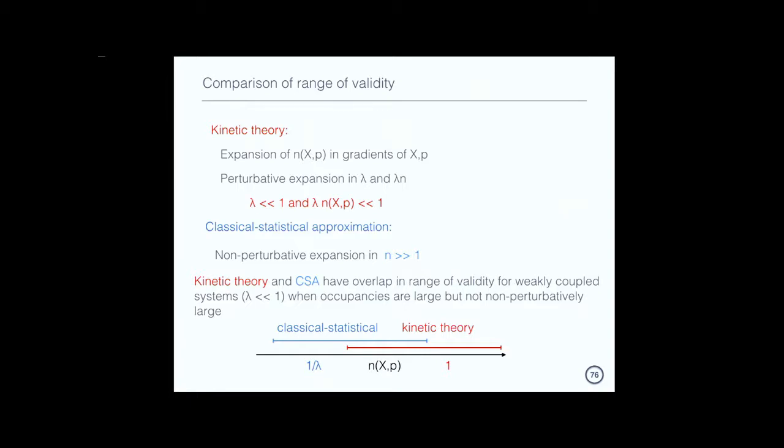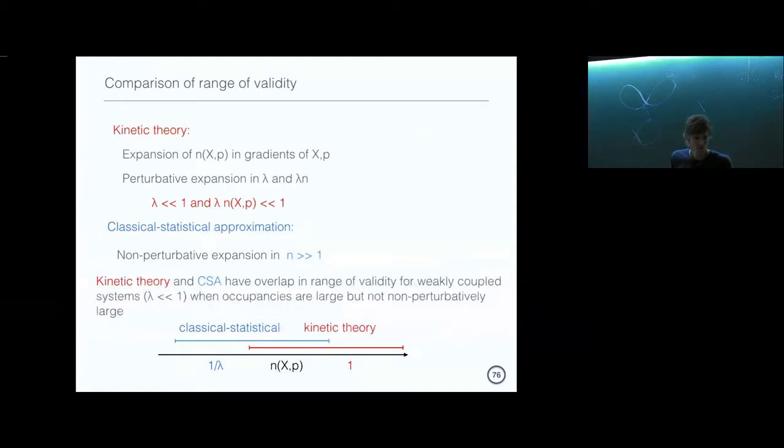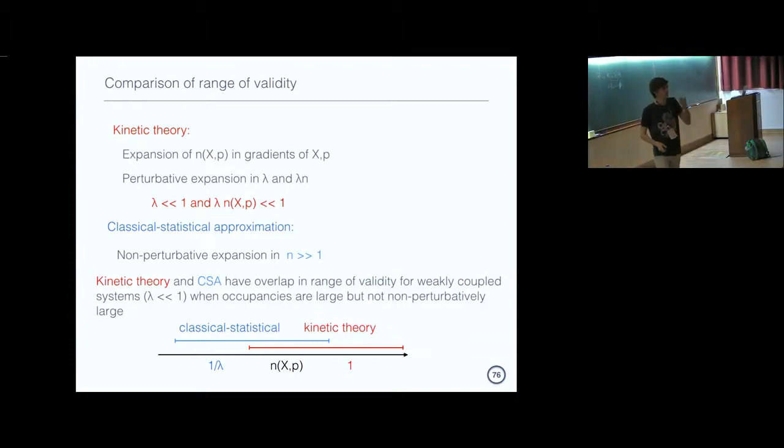But then if you think about it, when you start to draw these diagrams, each time you put a vertex, you also have to attach a propagator to it. And the propagator will contain the fluctuations in the system, which are proportional to the occupation number. So we're really not only expanding in the coupling, but we are also expanding in the coupling times the occupation number, because that's what would enter in higher order processes.